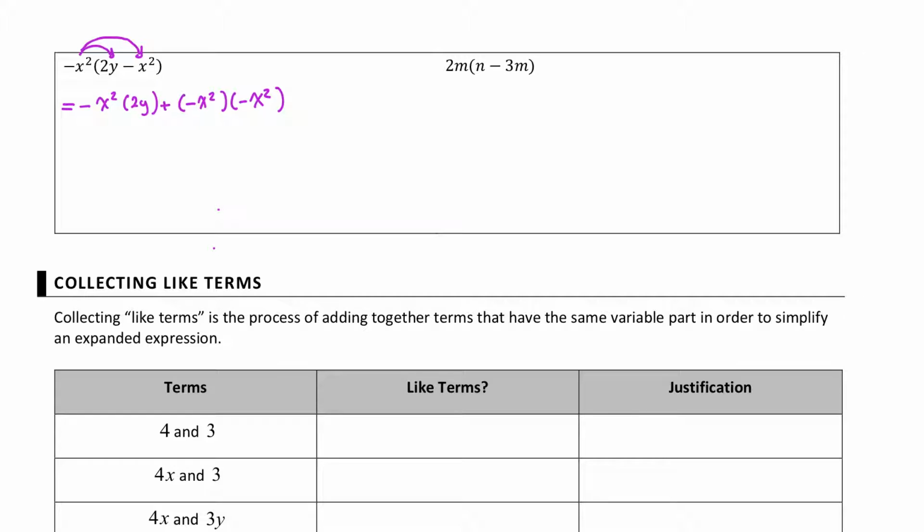So let's simplify this a little bit further. So here I have negative x squared times 2y. That will produce negative 2x squared y. So I'm just multiplying all the terms. So negative goes first, and then in terms of having good form, we always want to have the number next, and then we want to try to have these in alphabetical order. So I have x squared y,